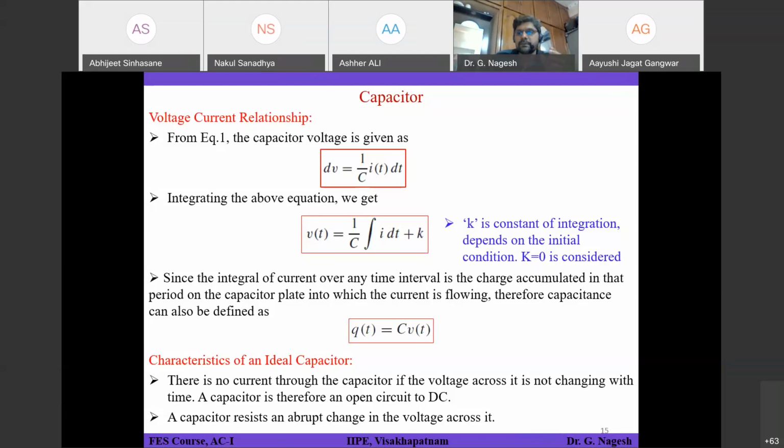Some amount of energy is already stored in it, and at that instant you are trying to connect some voltage source or current source and force more charge into it. That is called transient studies. When some charge is already there and you are trying to force more charge, how the voltage waveform and the current are going to vary all comes under transient studies, which we are not going to discuss.